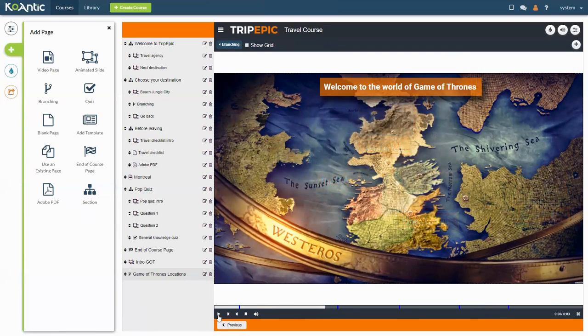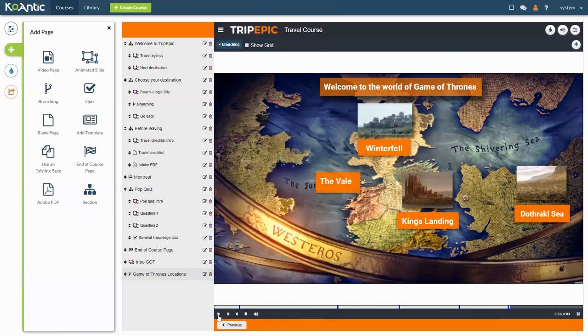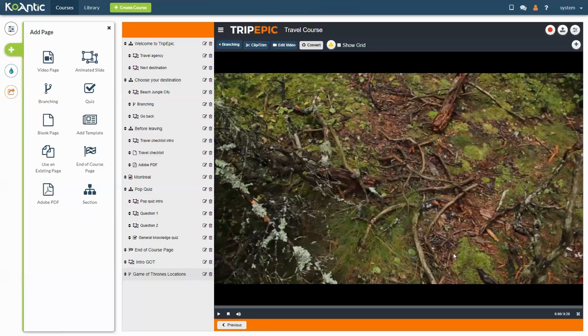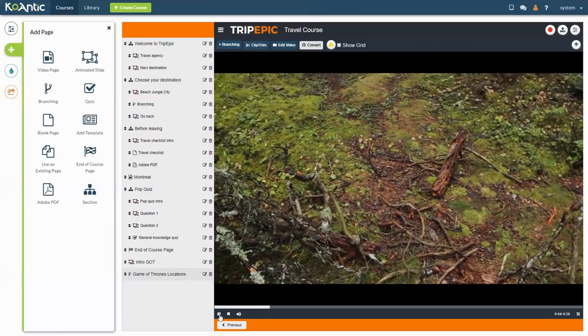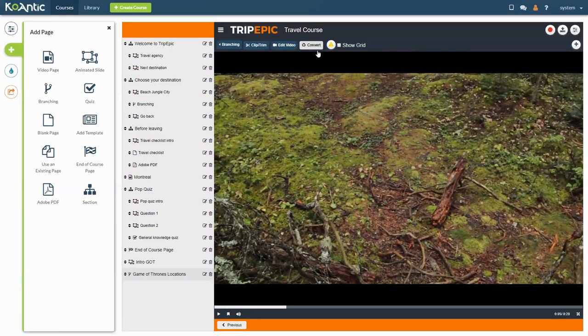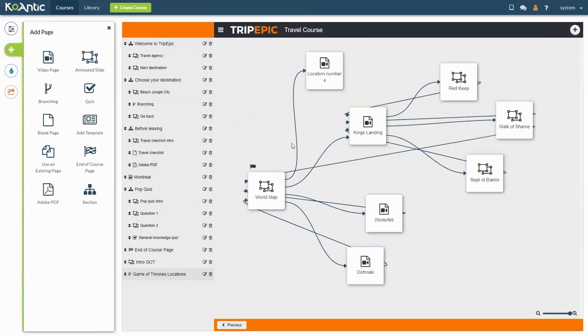I'll let the animated slide play. You see already a 4th location, and if we click on it, it brings you to the Vale. So you see how easy it is. This is how you do your branching in a matter of minutes. Okay, now if we go back to our branching scenario, if we go in